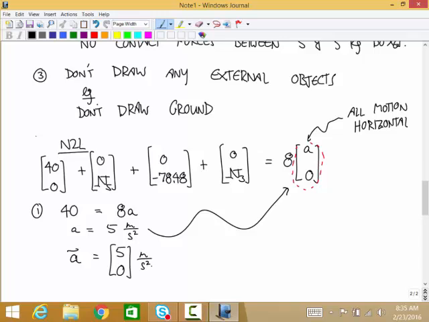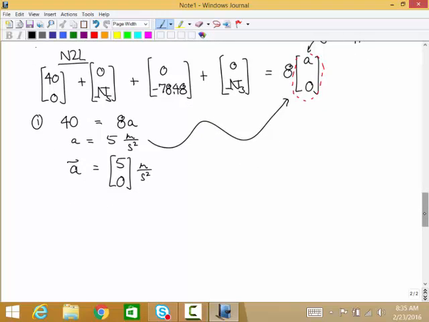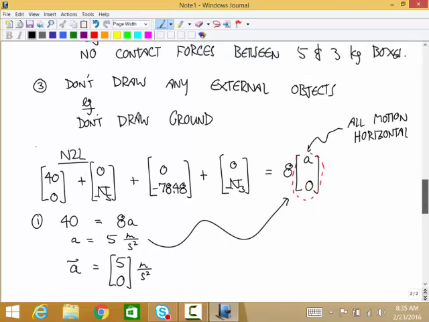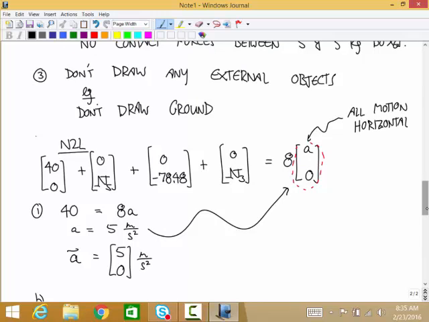Any questions about that? Obviously, this is going to take a little while for this all to click, but you can sort of see how piece by piece you go through it, hopefully. Okay, that's part A. Part B is we're trying to figure out the force on the 5 kilogram box by the 3 kilogram box. The system that we chose for part A isn't going to work for this one. Why is that?